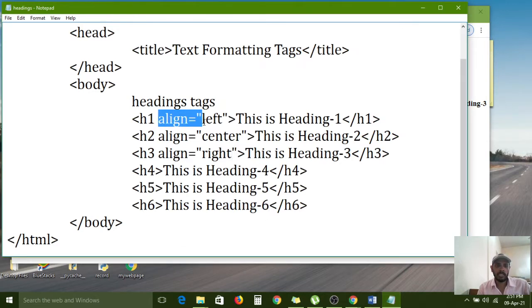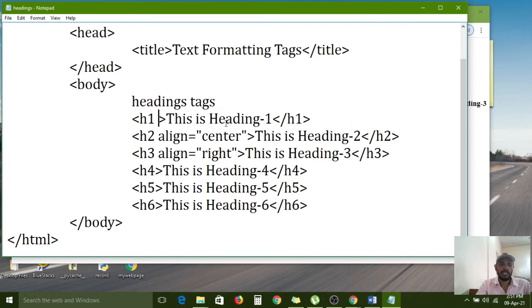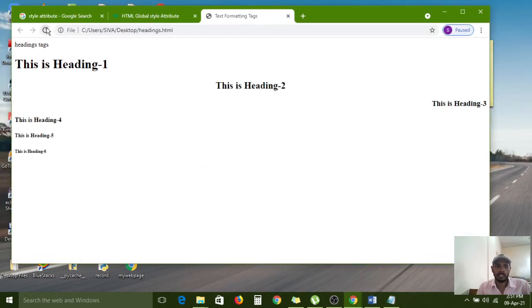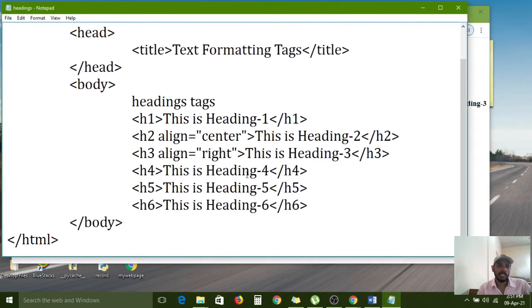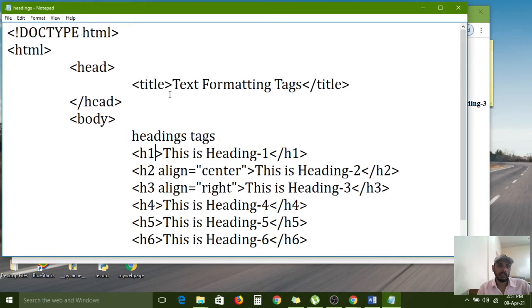If I remove this one also, then by default nature it will be placed on that position. There is no change. This is heading 2, this is heading 3, this is center alignment, this is right alignment. If you want to apply any alignment for your requirement, you can apply it to 4, 5, 6 also, no problem. Like that you can use headings.